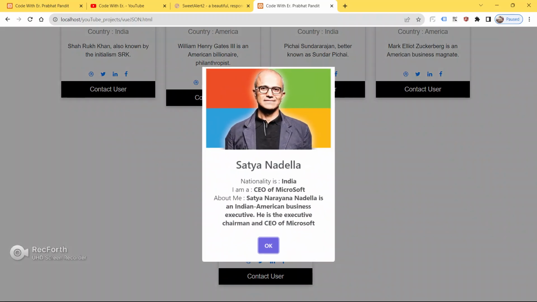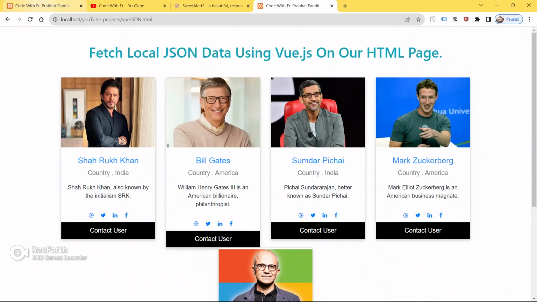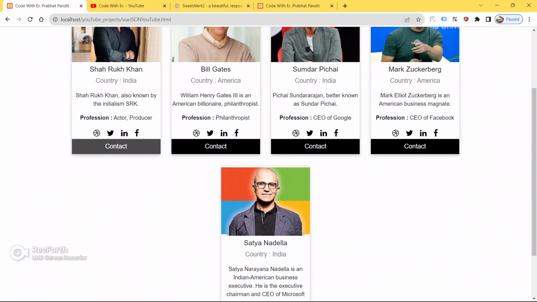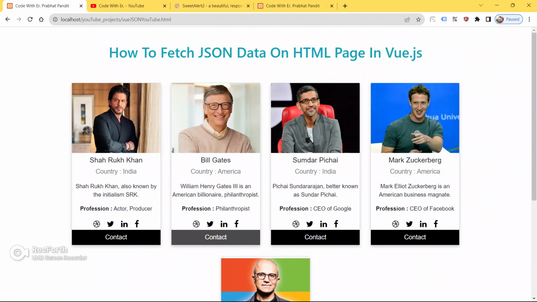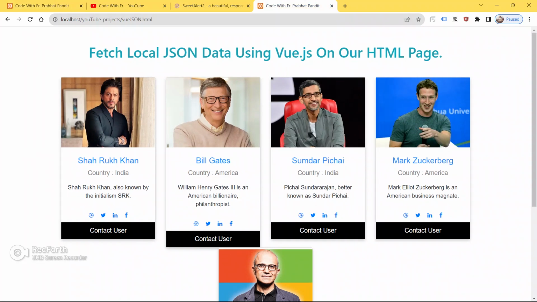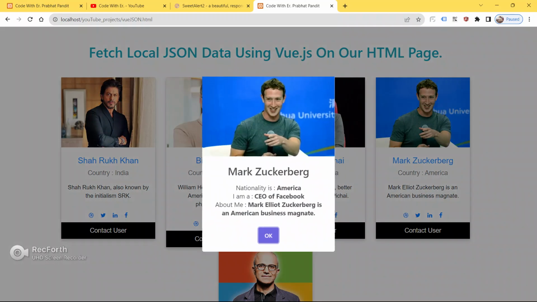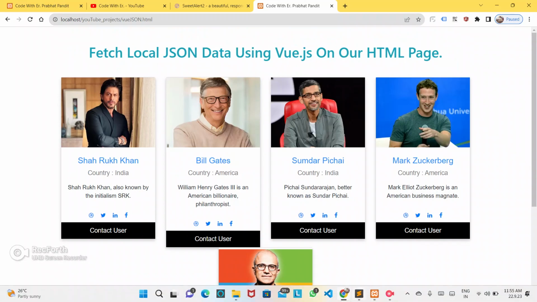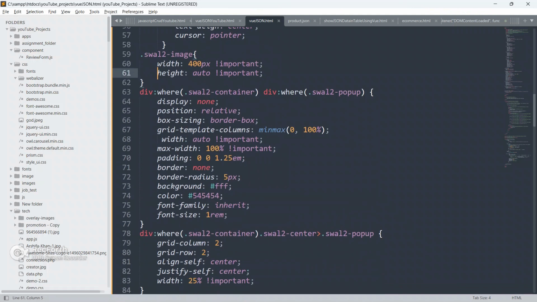Okay, so guys, this is what we have made in this session, in this video, and let me show you the previous example also. So this is the previous example. And guys, this is what we have made. Okay, so our code is also working fine, fantastic. Okay, so guys, I hope you have understood what I explained you here in this video, in this session.